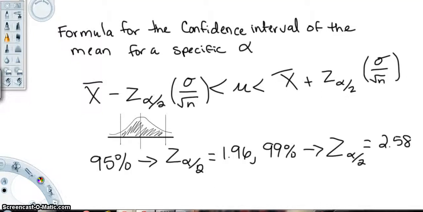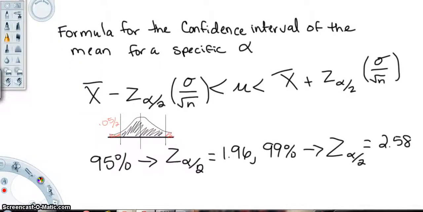Now our number alpha is going to be what's left over here at the ends in our tails. If we have 95% in the gray area, how much is left here? We have 5%. So we know that we have to take our 5% and divide it by 2 to split it between the two tails. So that is why we have alpha divided by 2 here. So we're looking at our z value for alpha divided by 2, which is the end tails here. So for 95%, we get 1.96 as our z value, and at 99%, we get 2.58. So that is our standard deviations away from the mean that we're going to be looking at.